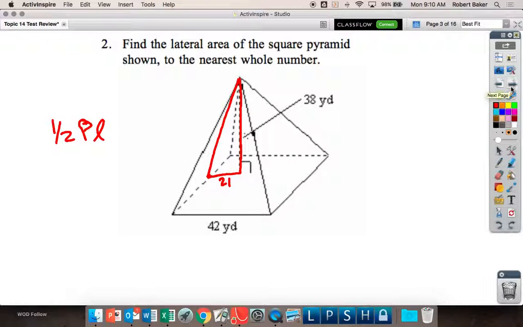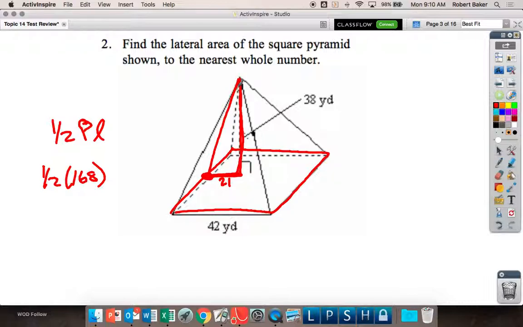Find the lateral surface area of this pyramid. So it is 1/2 PL. The perimeter of the base would be 42 plus 42 plus 42 plus 42, or 168. And we have to calculate the slanted height. From the edge of the square base to the center would be 21 units long. It is 38 units from the base to the vertex, so we can use the Pythagorean theorem to solve for L,